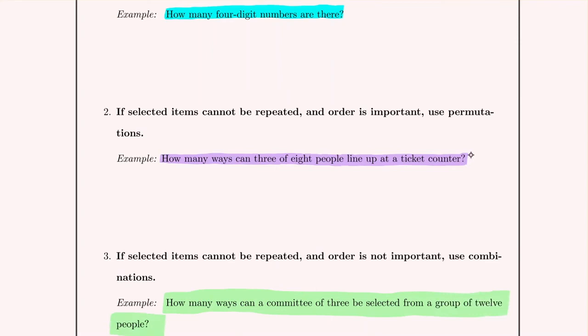Now, one thing I hope we notice in both of the last 2 examples is that we started with more people, 8 people in this group, 12 people in this group, and we wanted to get to a smaller collection, in the first example to 3, in the second example also 3. So both of these had the idea of a bigger group selecting down to a smaller group,